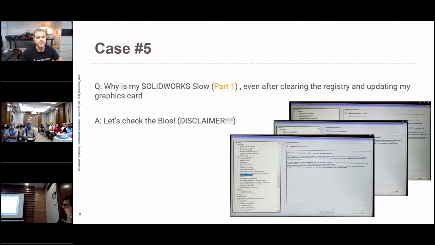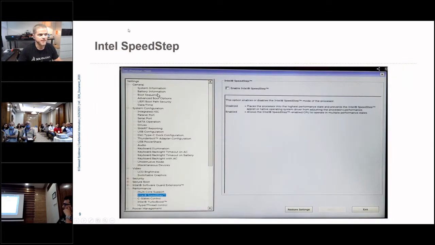If you're not familiar with the BIOS of your machine, it's actually like the underlying system that runs even before the operating system. So when you boot up your machine, when you boot up your whole computer, the BIOS actually boots up first, and it's something, if you want to, you can go into and make changes. My disclaimer here is check with your IT person. A lot of companies don't want you changing the BIOS. A lot of companies might actually prevent you from changing the BIOS, but that's my disclaimer, and proceed with caution, but there's some interesting things in there that you might want to know about.